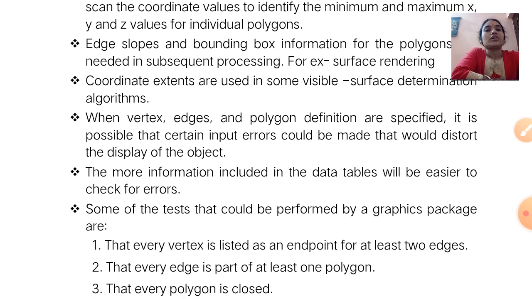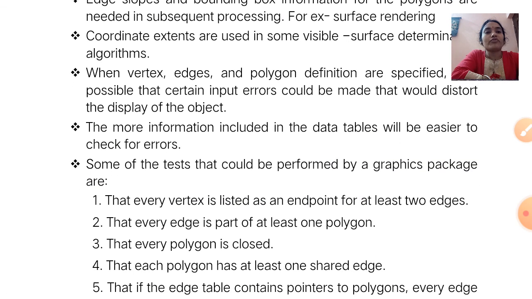The more information included in the data table, the easier it is to check for errors. If more information is included, then we can find the errors and also correct them using that additional information.